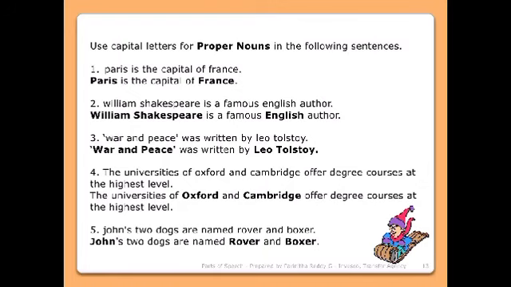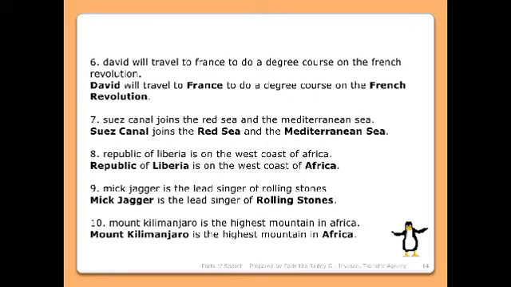War and Peace was written by Leo Tolstoy. Now you would have to know that War and Peace is the name of a publication or a book, and that is a proper noun. So we would have to put the capital letters. There are some other examples which you can see over here. So when you exercise, you can go through all of these examples. There are different types of proper nouns being used. Here I would like to mention that there must not be just one proper noun in the sentence. There may be 2 or more, like the sentence